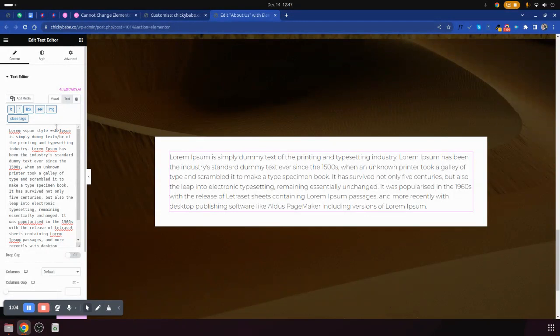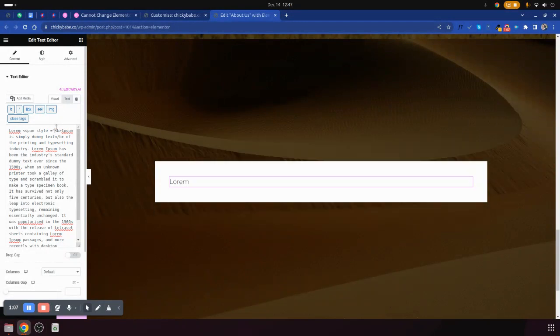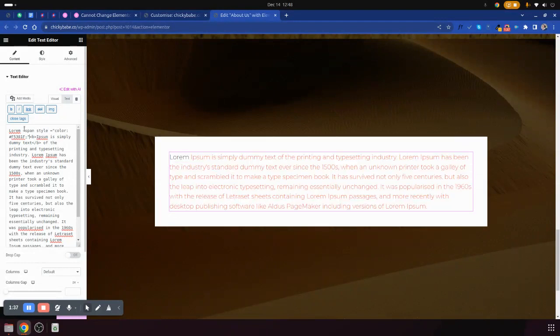open quotes, then put color, colon, space, paste your color there, semicolon, close the quotes. After closing the quotes, you put greater than,